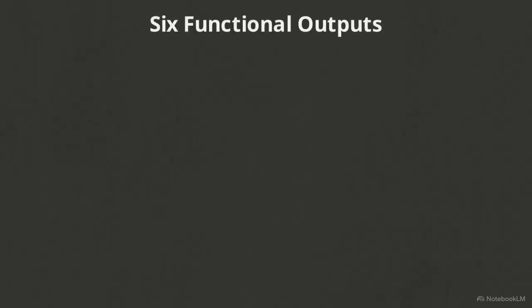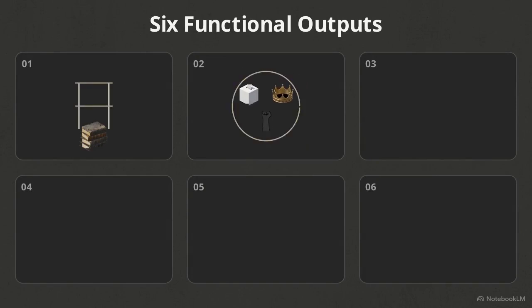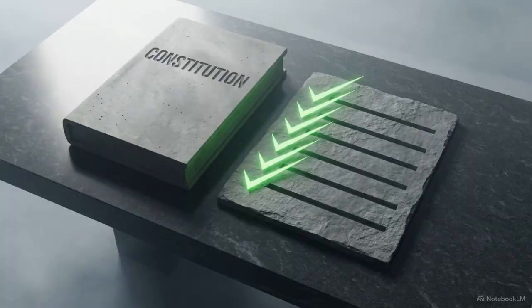We synthesize these definitions into 6 non-negotiable functional outputs. First, it serves as the aggregate of foundational rules. Second, it defines the system of governance. Third, it clarifies the state machinery's structural nature. Fourth, it outlines the specific nature and primary objectives of the government. Fifth, it executes the distribution of power across different branches. And sixth, it enshrines citizen rights, duties, and their relationship with the state. If a document or a set of traditions fulfills these 6 criteria, it functions as a constitution.